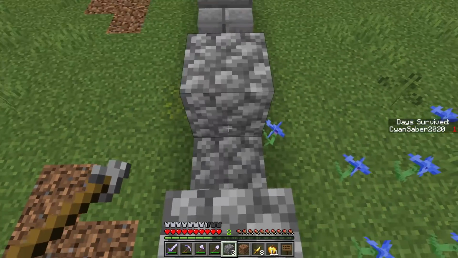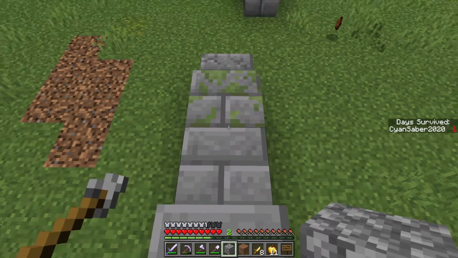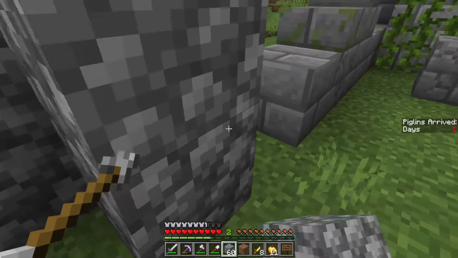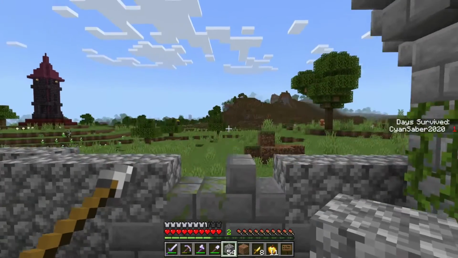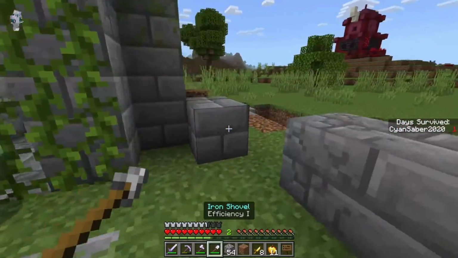And the rewards are done based on, if you look on the right there, you can see it says days survived, CyanSaber 1. And that will reset if I die, okay? And then so will the reward system as well. Whereas Piglins arrived, currently says days 1, that will carry on counting regardless. So basically there's a way of tracking how old your world is, and then there's a way of tracking...